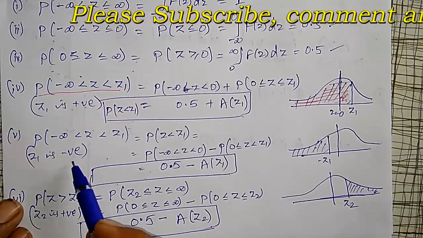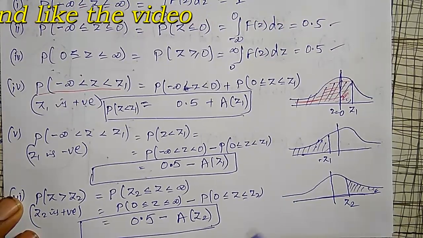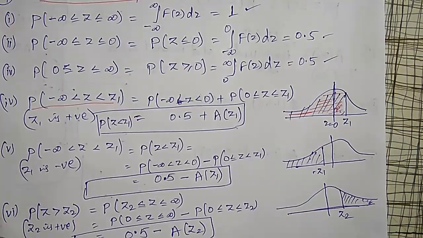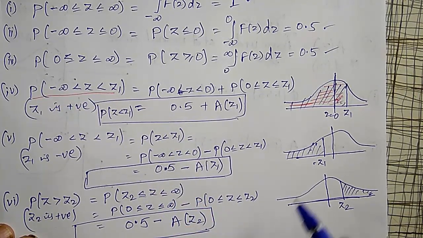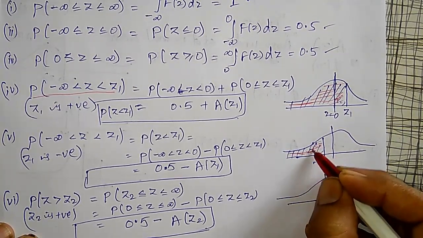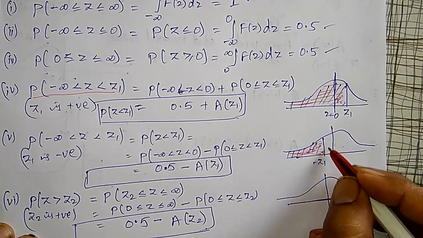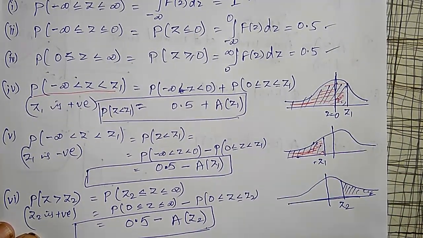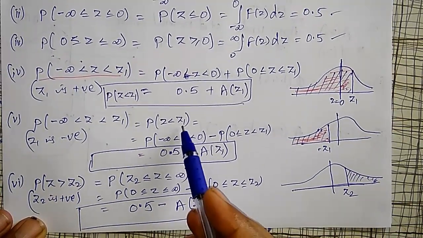Like that, the same thing, if z1 is negative, on the other side, then this area I have to calculate. Correct? The probability of z less than z1, where z1 is negative. To find that, I know that again I will split it into two parts. Minus infinity to 0 I will take first. From that, this area I will calculate and subtract, then the required area will be given by this. I will take the total area, I know 0.5, minus this area. Therefore 0.5 minus A of z1 will give you the probability of z less than or equal to z1.